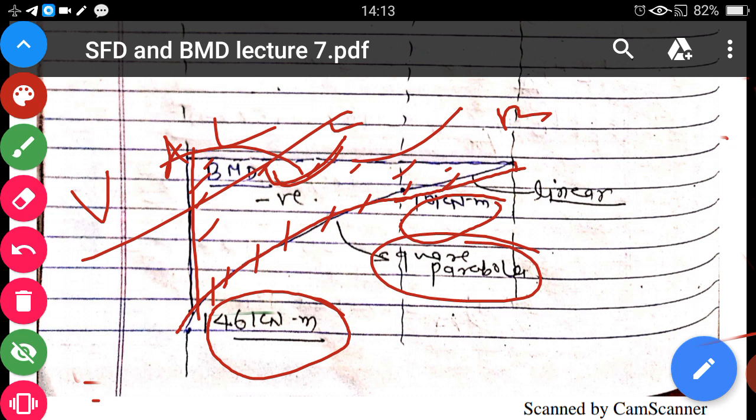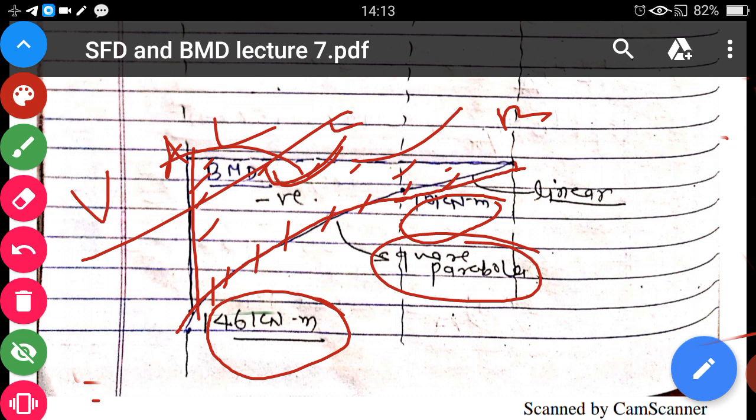Okay, I think you all understand the concept of how to draw SFD and BMD of a cantilever in case of both UDL and point load on the beam. So you can solve questions on any type of cantilever beam. Simply take a section in every region. You can divide the regions as per the loading condition. If there are 2 loads, there are 2 regions. If there are 3 loads, there are 3 regions. If there are 4 loads, there are 4 regions, isn't it?